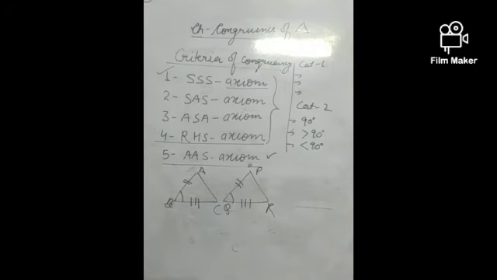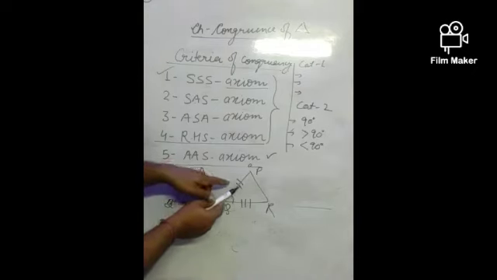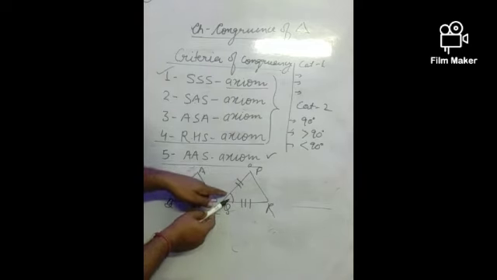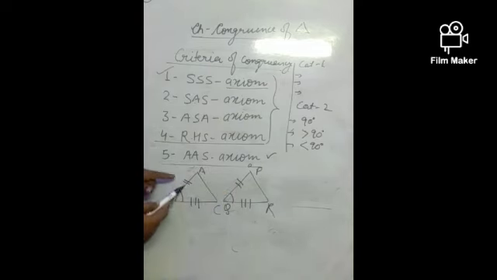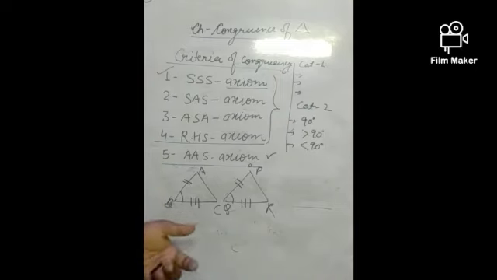Children, this point is very important. We are taking the consecutive side and then the next angle, and this angle should be in between these two sides. These two sides and the angle between them. You can't take side, side and then this angle. That's a wrong method. There should be a sequence. As you know, while counting 1, 2, 3, you cannot jump from 1 to 3, then 5. That sequence is a different one.